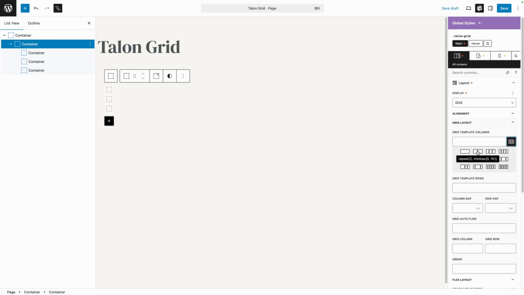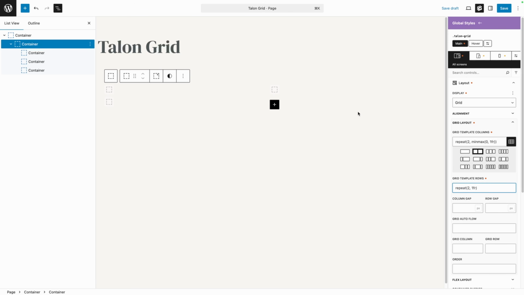This is a little bit longer way to write it, but it does help us out with some of the responsive settings. And you'll see as soon as I did that, it's moved these boxes around. So now that we have 2 columns. Under the grid template rows, I'm just going to do a repeat 2, 1fr, which will just make sure